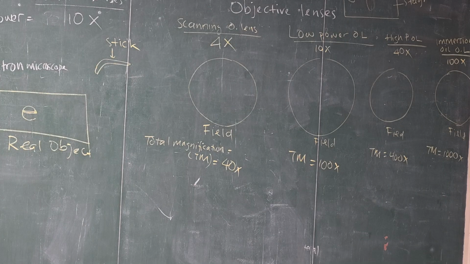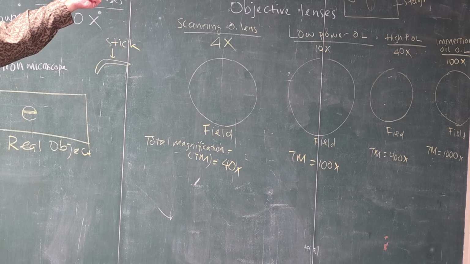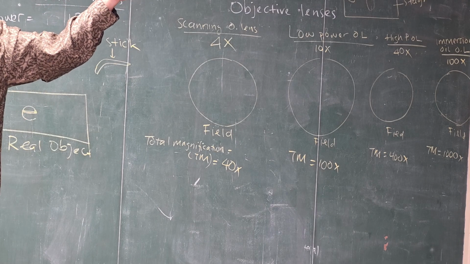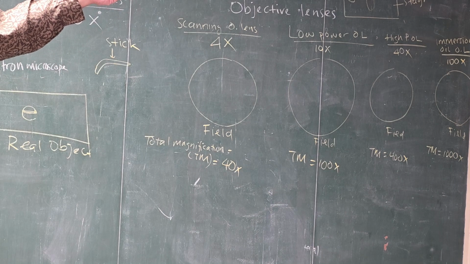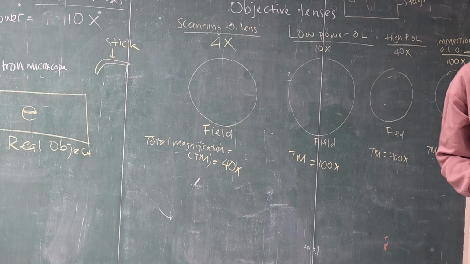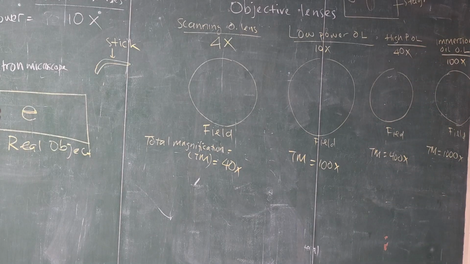Make sure it is focused. Focus means the line is really black. It's not blurry. How to make it focus? Use the coarse adjustment knob. How to make it in the middle? Use the mechanical controller. Okay? Make sure it is in the middle of the field.